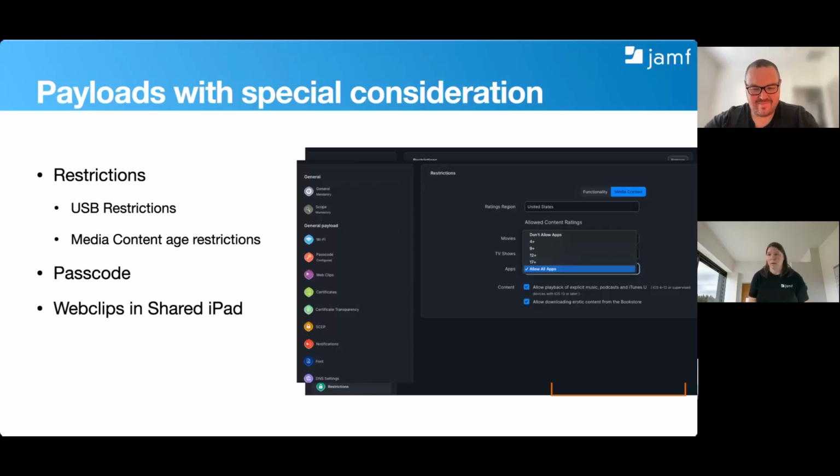The other one was web clips in shared iPad. Now, there is a web clips payload within a profile. Within our profiles. However, in shared iPad mode, we actually need to deliver that to the user level. Jamf School by default will deliver profiles to the device level. For web clips in shared iPad, we need to do it through the home screen layout when we're creating the